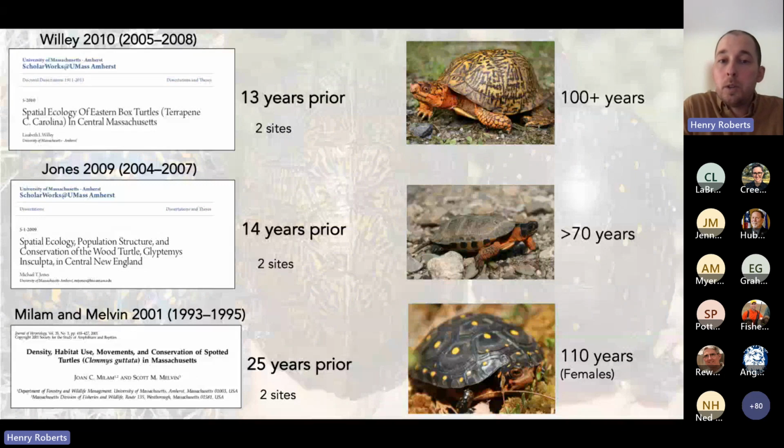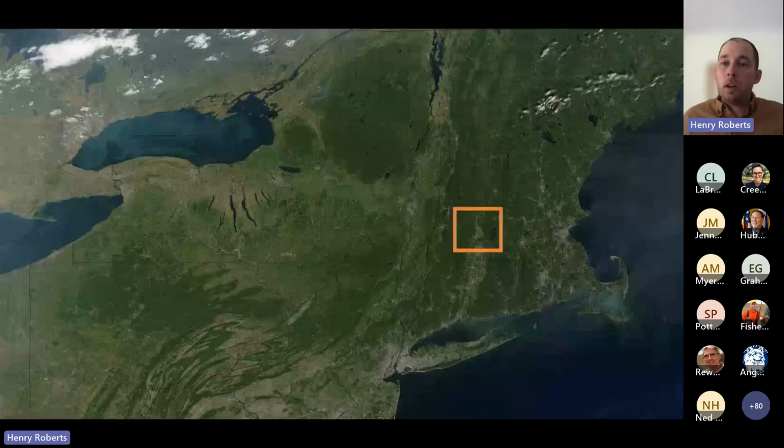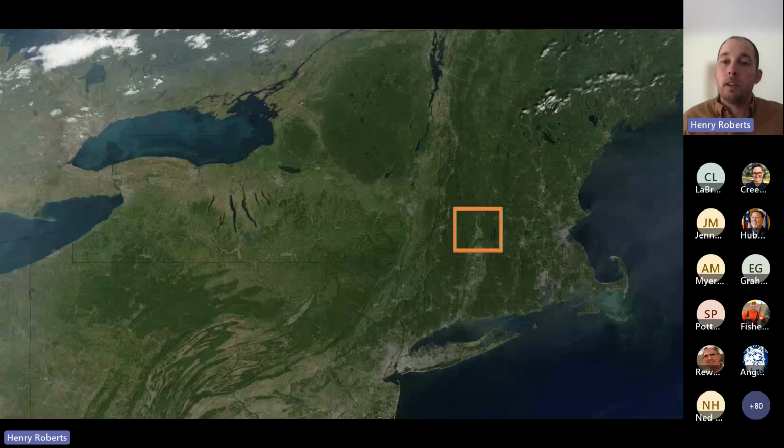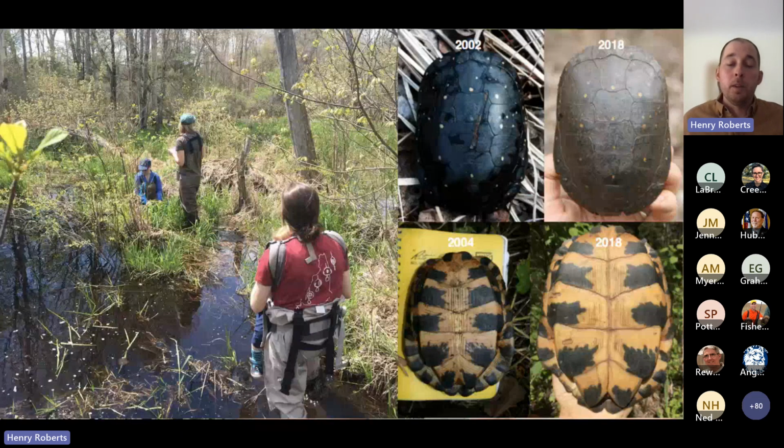Mike Jones studied the wood turtle 14 years prior. And Joan Milam studied the spotted turtle 25 years prior to this study. And this work all took place in Western Massachusetts, primarily within the Connecticut River watershed. So the first thing we did was we revisited these sites where the previous studies took place, and we intensively